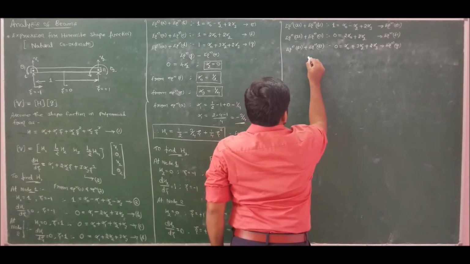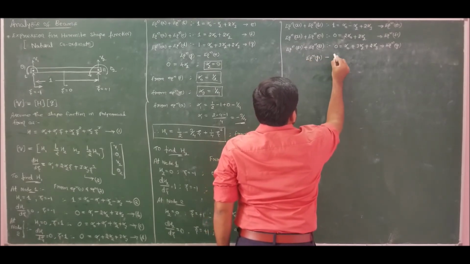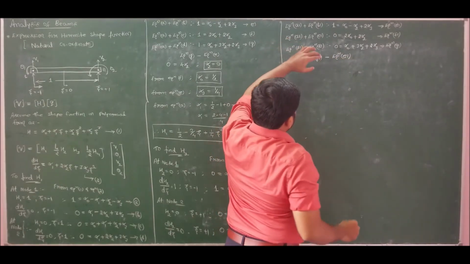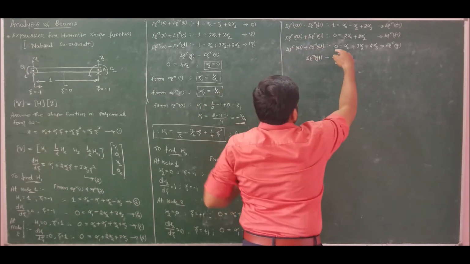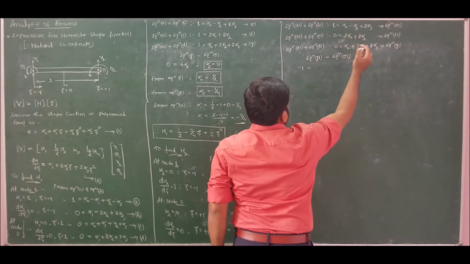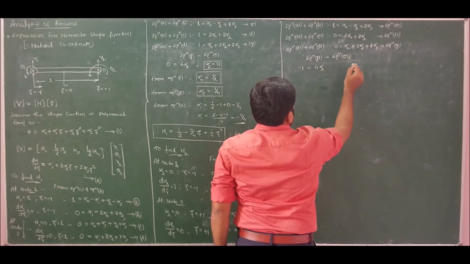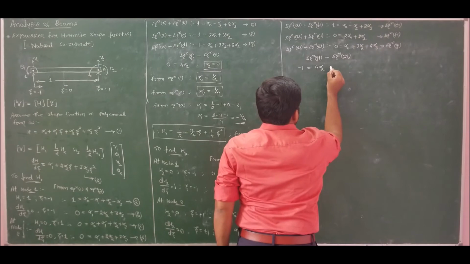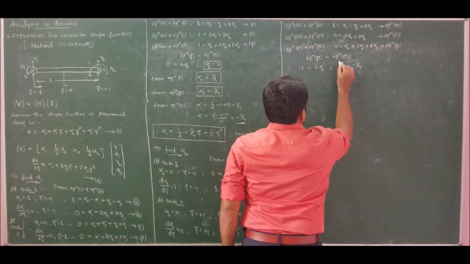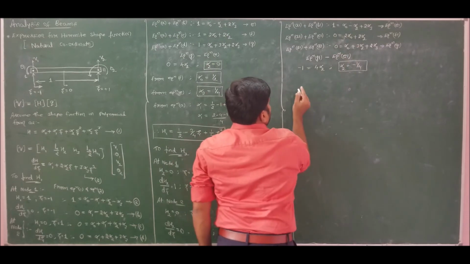So therefore, if I solve equation G1 minus equation E1, it yields 0 minus 1 is minus 1, which is equal to alpha naught minus alpha naught is 0, plus 3 alpha 2 minus of minus is plus, will become 4 alpha 2. 2 alpha 3 minus 2 alpha 3 is 0. So therefore, alpha 2 is turning out to be minus 1 by 4. Now I know the value of alpha 2. Substitute to equation F1, we will get the value of alpha naught.